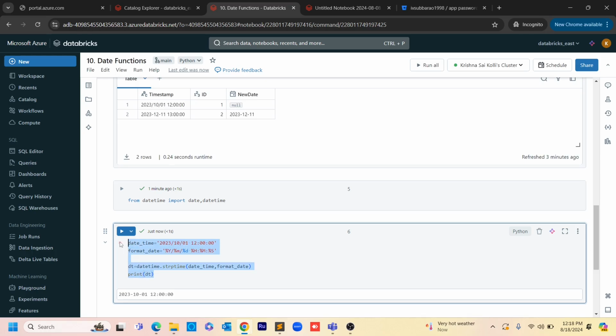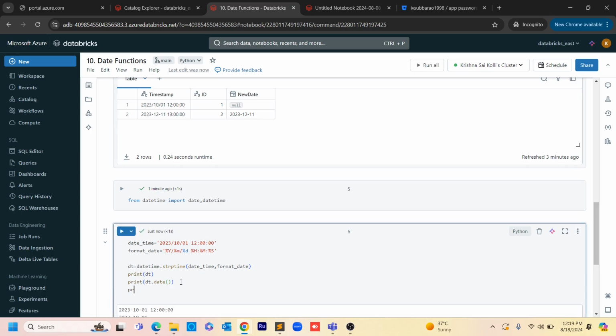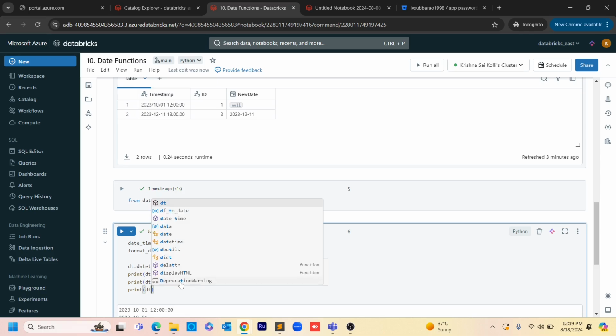Similarly, I am going to show you some other example. And if you want to print only the date without any timestamp, you can use the date function here. You will get only the date here. And similarly, if you want to see the type here, dt.type,